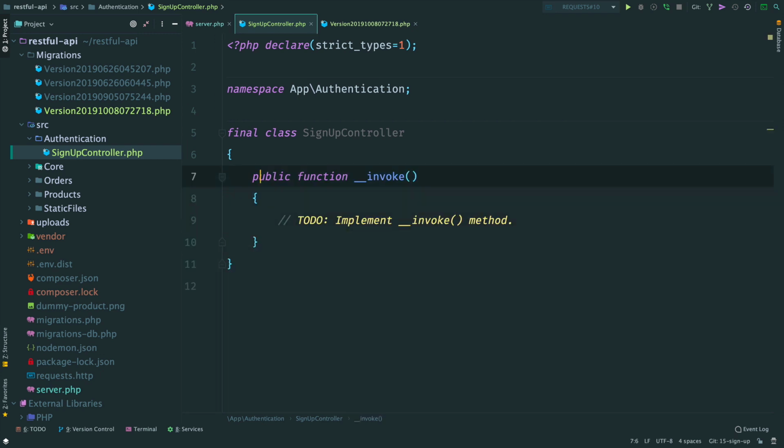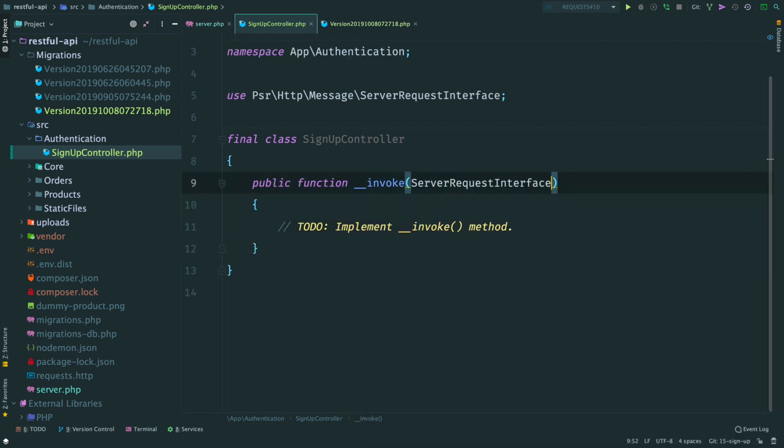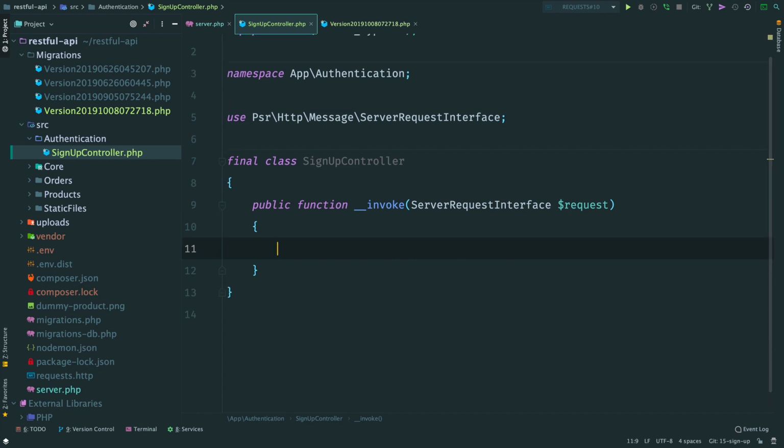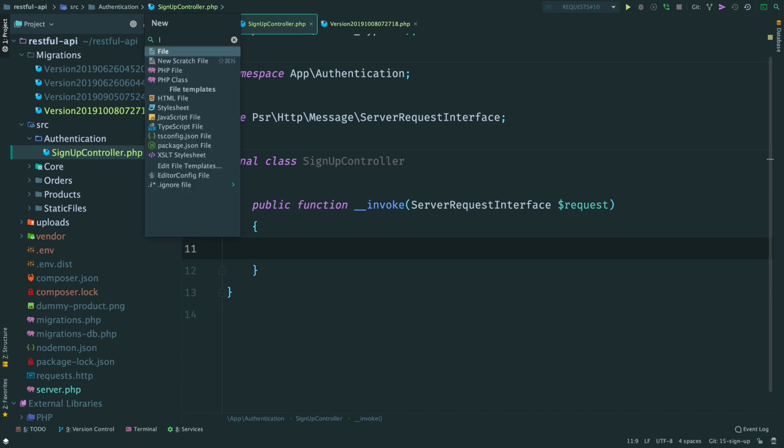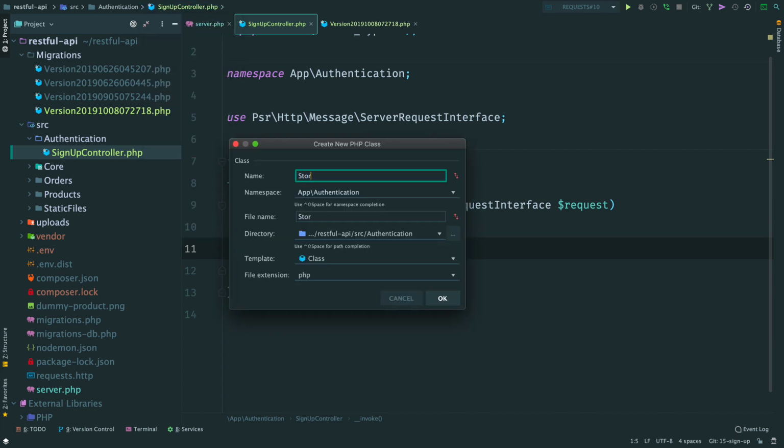In method invoke, which accepts a server request, we are going to perform several actions. First of all, we will validate the request. We need an email and a password here. Then we will check that there is no user with the provided email, and only then we will create a new user. So let's start.